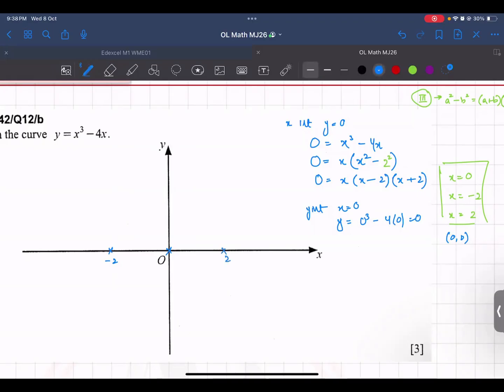And because your coefficient is positive, it is equal to 1. Coefficient is 1. So it will go from the third to the first. So it will start like this, turn, like this.